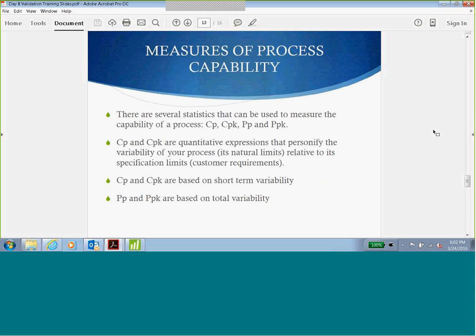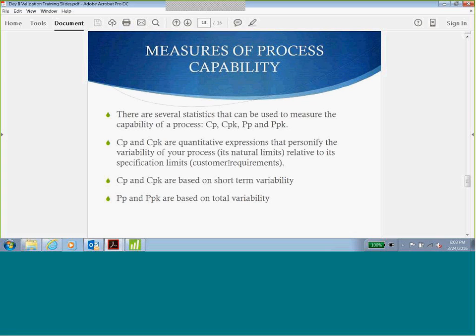So how are you going to do this capability analysis? What is the unit or the term that is going to be used to measure your capability studies? These statistical terms are basically CP, CPK, PP, and PPK, quantitative expressions which are going to be used to do your capability analysis. When representing whether it meets your criteria or not, you're going to be using these terms, CP, CPK, PP and PPK, to express whether it meets your acceptance